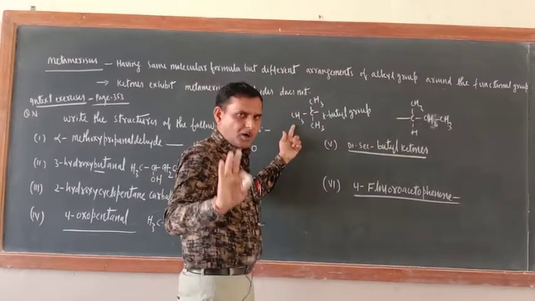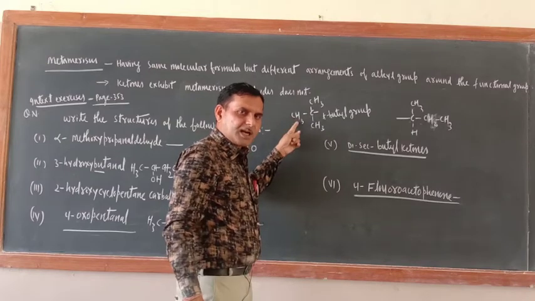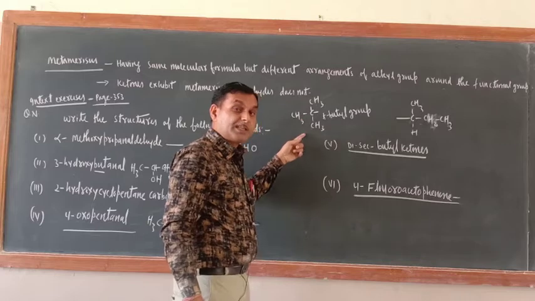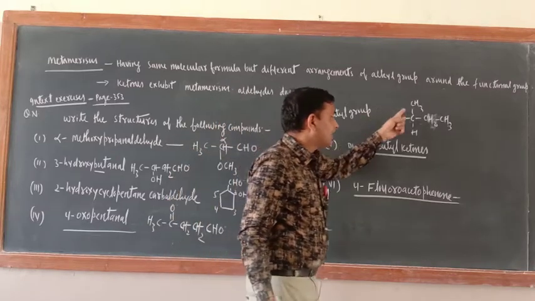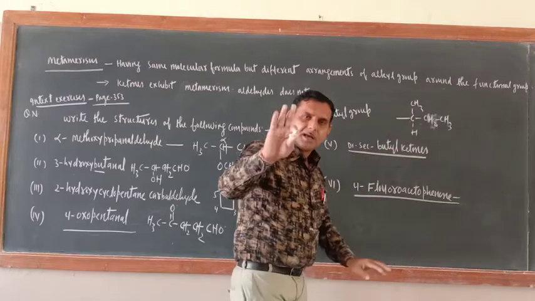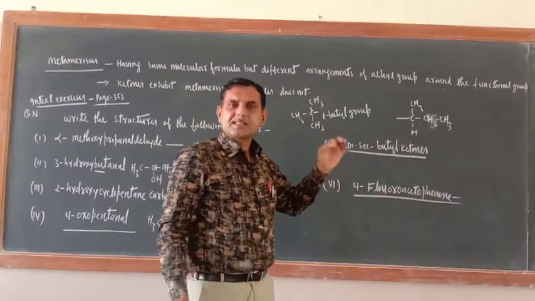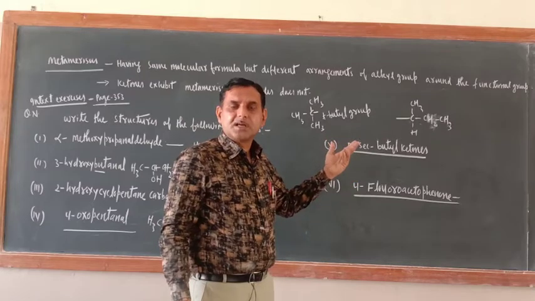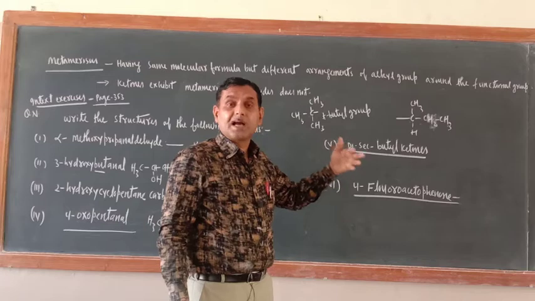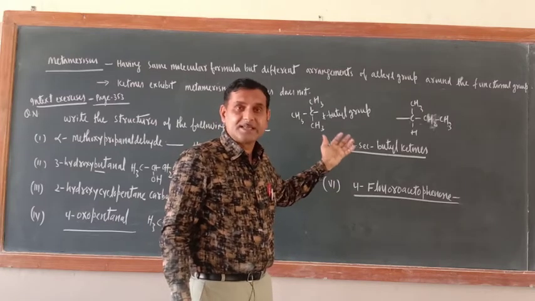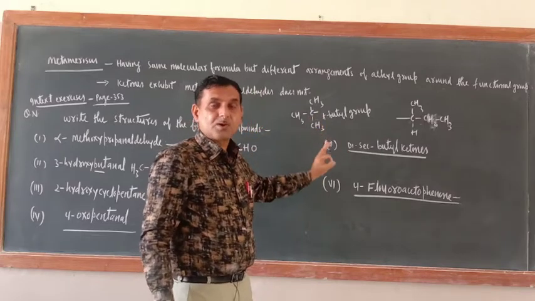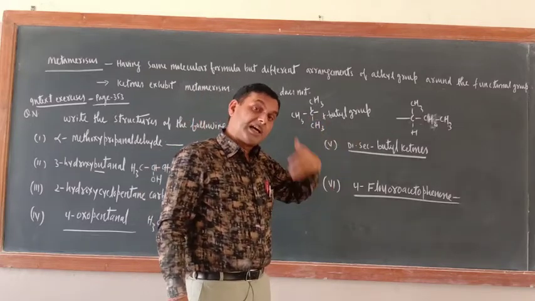Okay, have you got this one or not? Here the alkyl group is attached with a 3 degree carbon atom, that is why it is known as tertiary butyl. Here the alkyl group is attached with a 2 degree carbon atom, that is why it is known as secondary butyl. Remember, tertiary butyl and secondary butyl are used in the common nomenclature system, but just like alkyl groups methyl, ethyl, propyl, they are also considered. Okay, are you getting my point or not? They are also considered just like other alkyl groups.